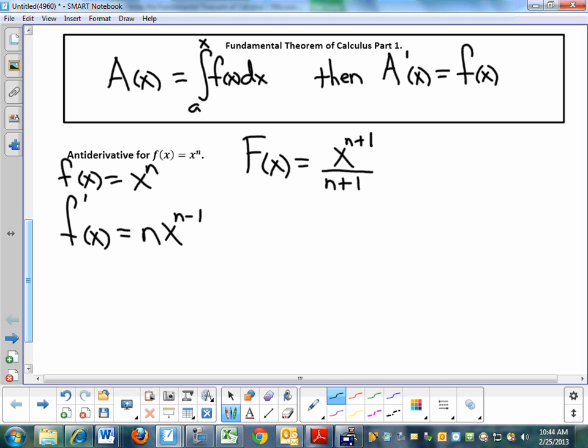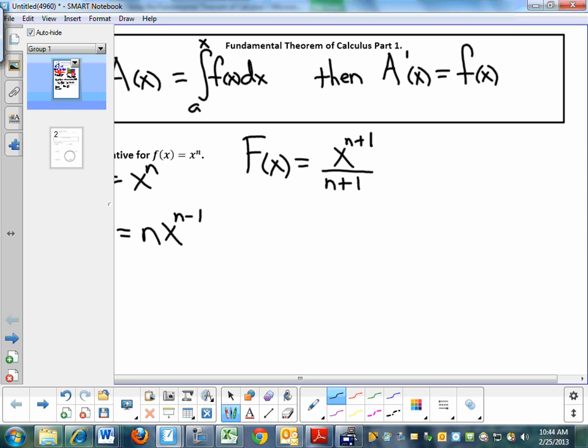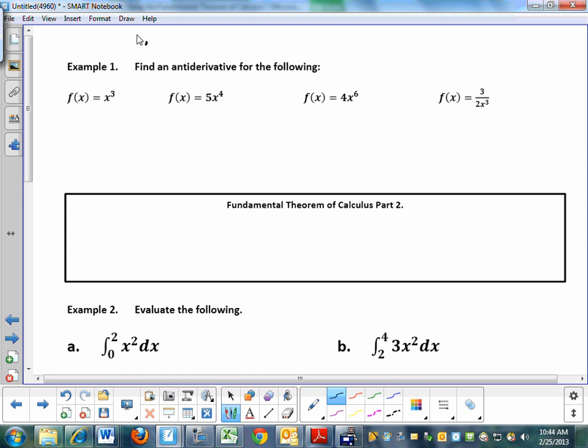Okay, so that's the rule for an antiderivative. Let's try finding a few antiderivatives. If f of x is equal to x to the third, then capital F of x is equal to...